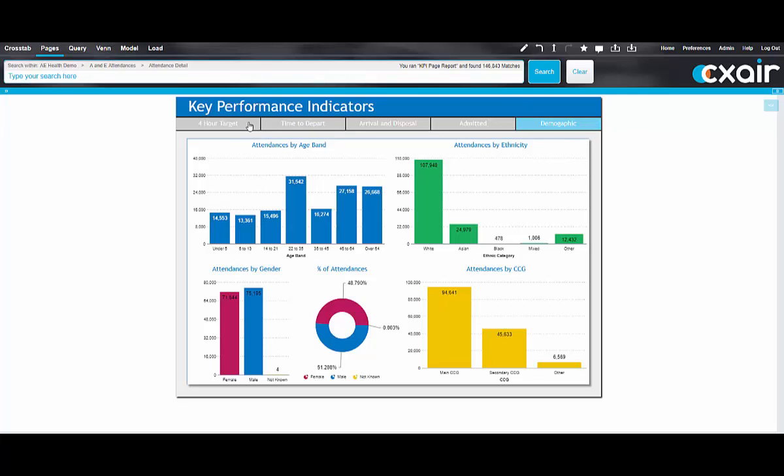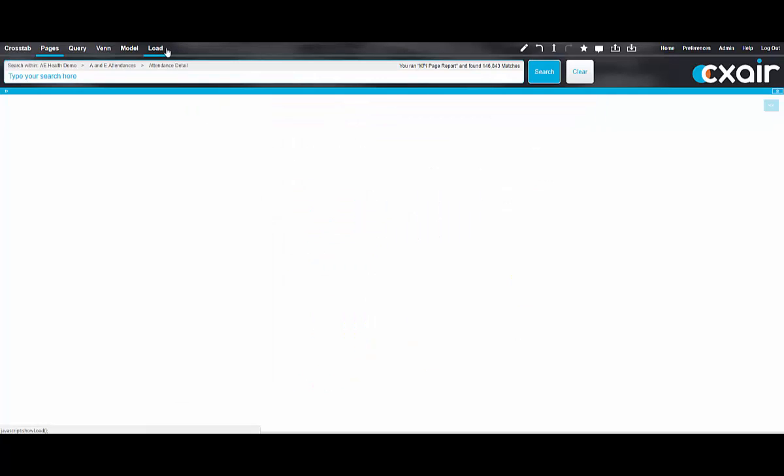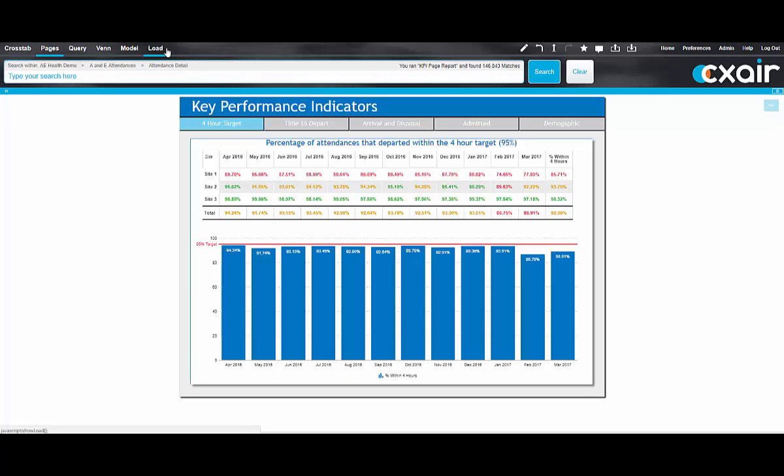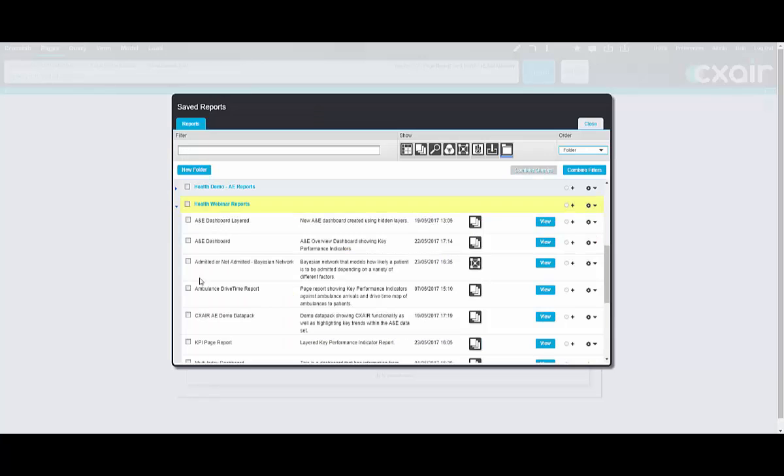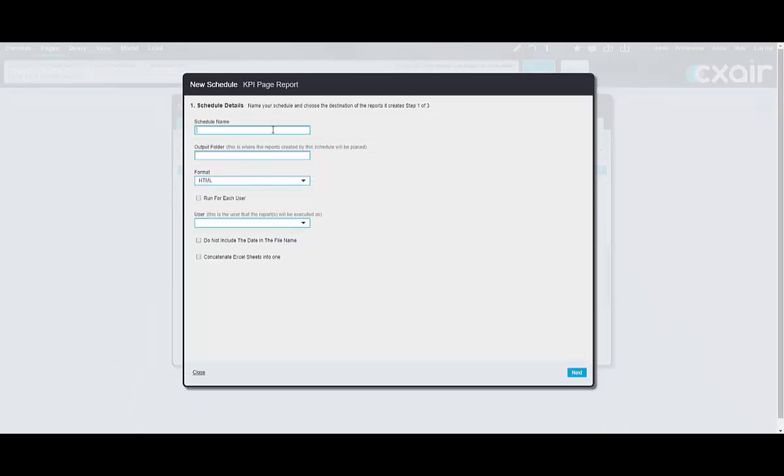One thing that we can do, as we showed in the first one where we've got the conditional formatting, is you can actually set that up to be alerted. So what we're going to do here is I'm going to schedule this report out. We can create a schedule to run, say, immediately, or every Monday, every Wednesday, whatever. But what you can also do is set up alerts so that it sends it out if